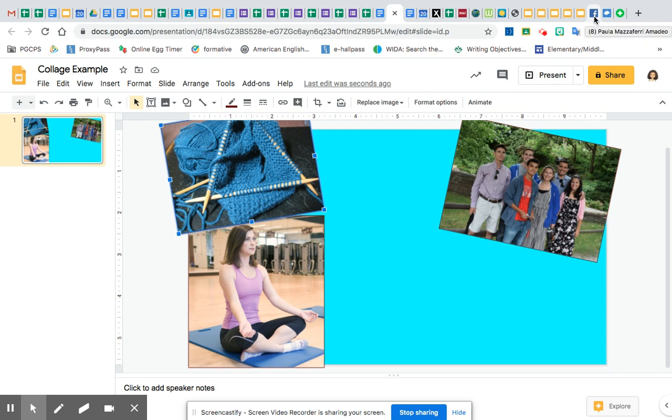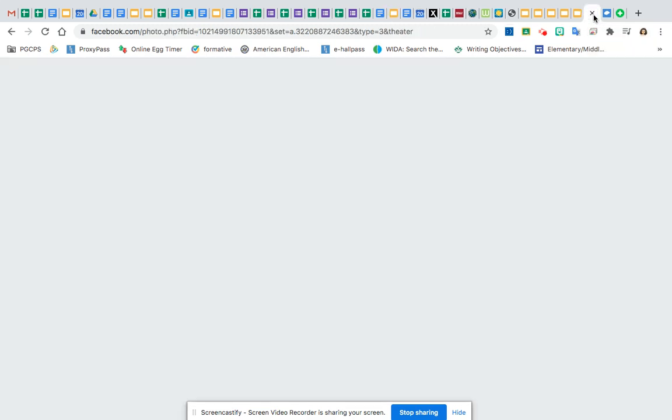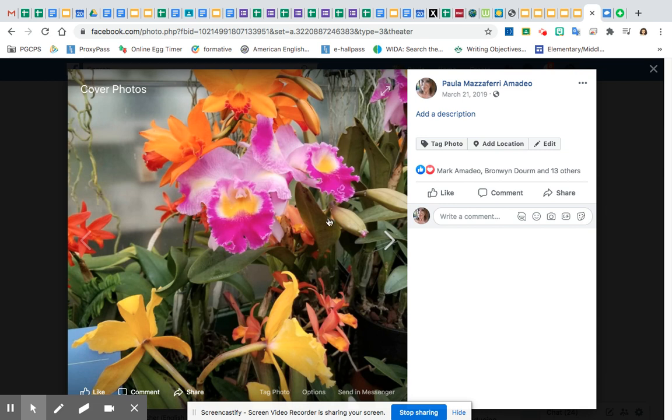So another thing that I said was that I like to grow orchids, which are a very colorful flower. Now I know I have a picture on my Facebook, so this was my cover photo. So if I don't want this whole thing, but I do want part of these flowers, I can take a screenshot of things that I like. So I can do something like that where I capture a picture maybe from one of my social media